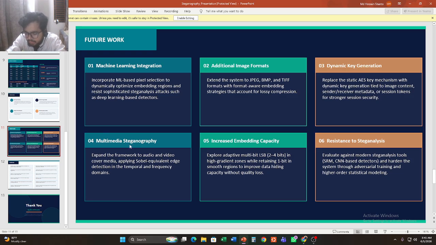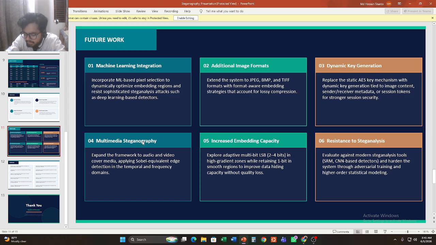Direction 2, support for additional image formats. The system is currently limited to the PNG format. Future work should explore JPEG strategies as well. Direction 3, dynamic key generation.